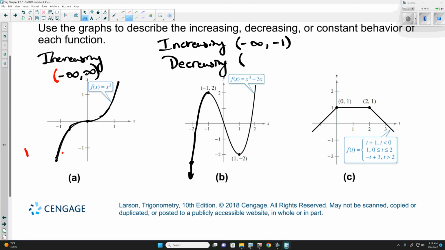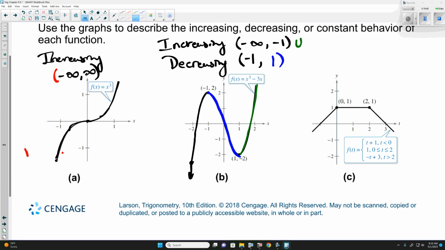Decreasing. Well, at -1, it starts decreasing, and it keeps decreasing, changes colors, still decreasing, and then it switches. And what number does it switch at? At 1, -2, and the value we want is 1. And at 1, it starts going back